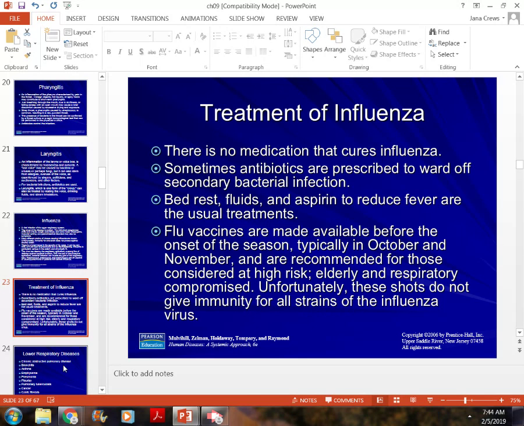I know a lot of people will say, every time I get a flu vaccine, I get the flu. Well, sometimes you may get the flu because it takes 2 weeks for your body to build immunities to that flu vaccine. But also remember that when you get a flu shot, or any immunization, sometimes you'll run a low-grade fever and you'll feel really bad for a few days afterwards.